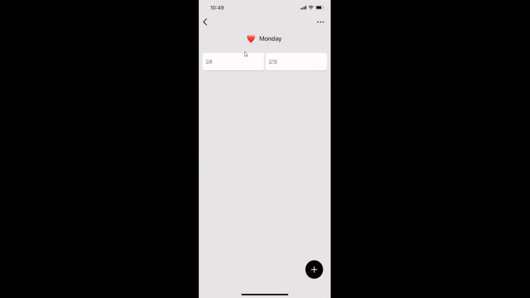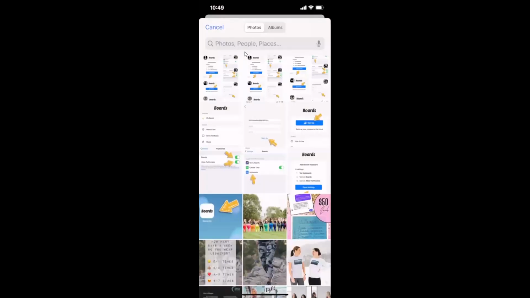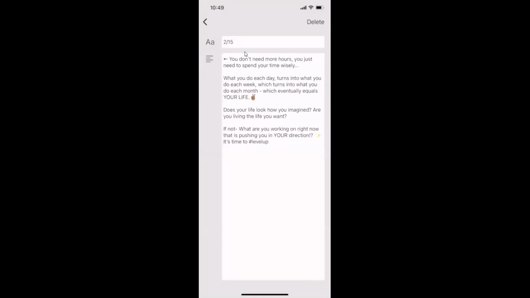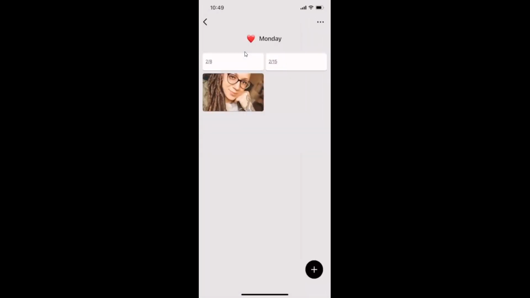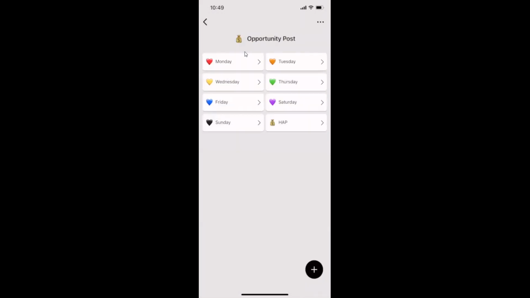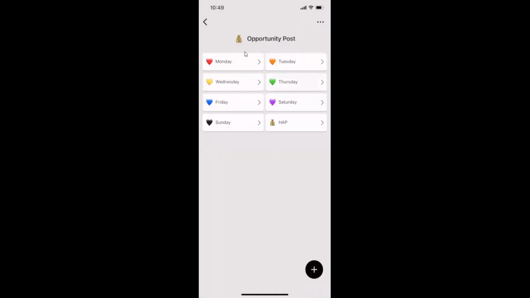So that's one way that you can actually create and plan your content, is just by writing out your posts and then adding, like I said, a photo in here. You know, I could easily go in here and add this picture and know that I'm going to post this picture with this opportunity post on Monday today. And then you can even go further, and I like to just use the date as the title, because then I can see how many days I have content planned for. So again, you can go in and you can see that I literally have posts written out for the whole week. You know, and if you are somebody who's really busy, this is going to save you so much time,